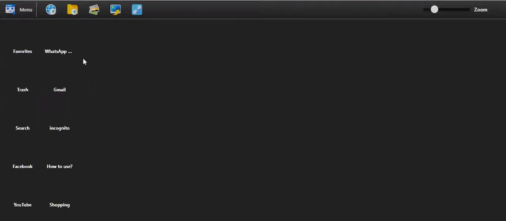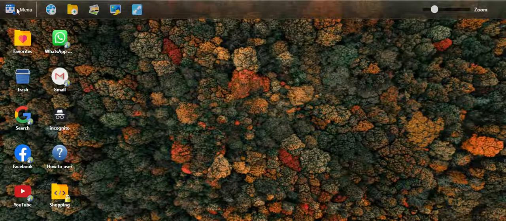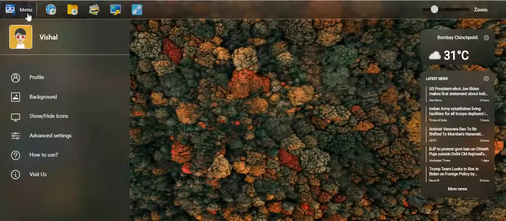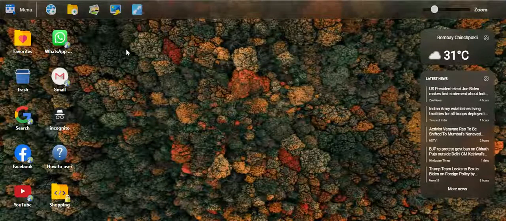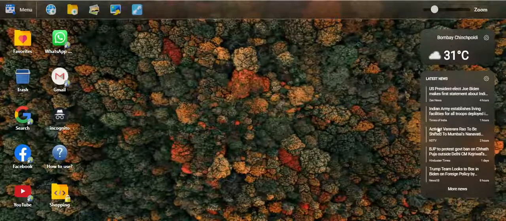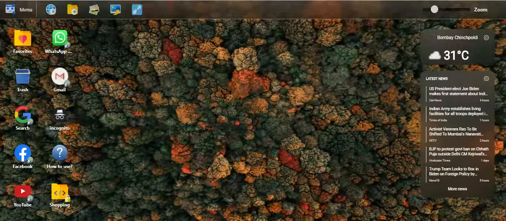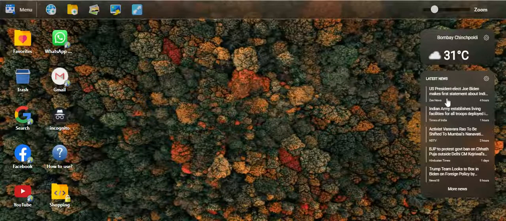I'll open a new tab now, and let's check what other options are present over here. This menu. Yeah, the one thing which I like most is that this tab gives the feel of a desktop, and this right side is displaying my location. I haven't entered my location anywhere, but still it is picking my location and the temperature of my location, which is quite a wonderful feature and add-on provided with this extension.